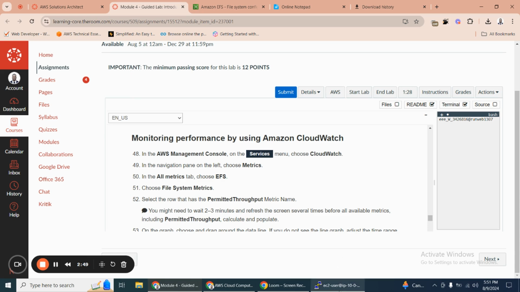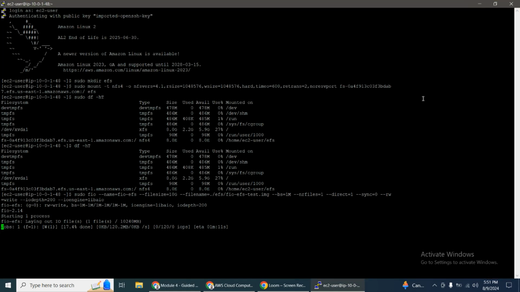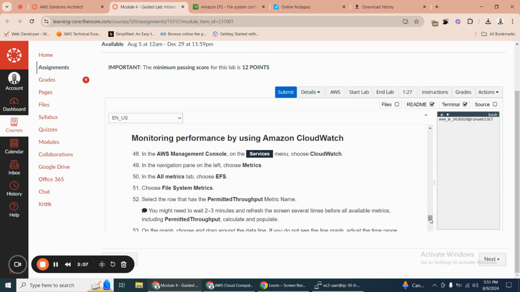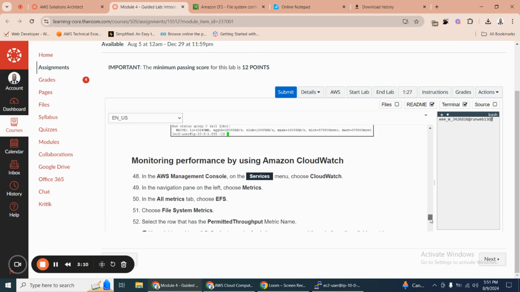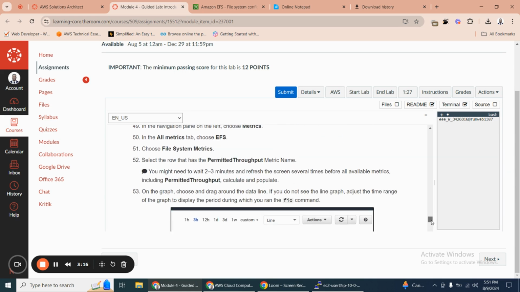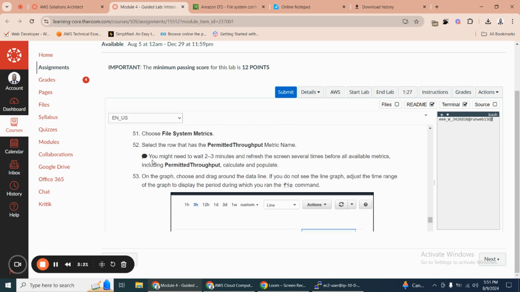So let's refer back to this. It's still not done. You can see it's still loading. So leave it to load. You can read through. So we will use Amazon CloudWatch. And then you might need to wait for 2 or 3 minutes and refresh the screen several times before